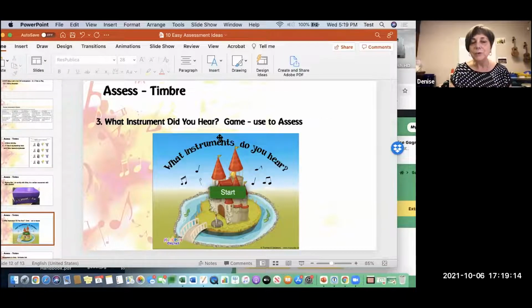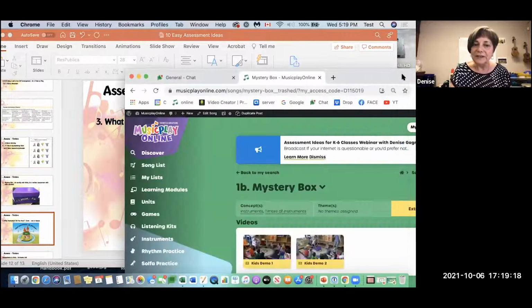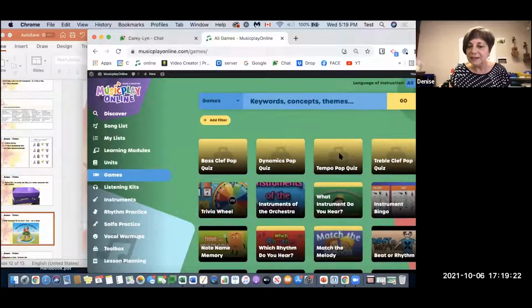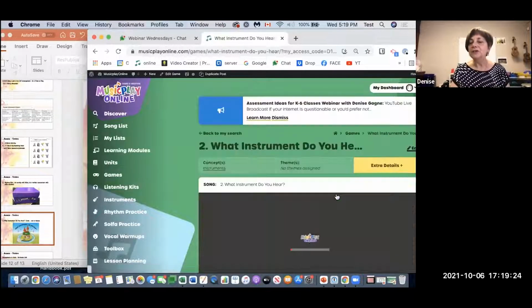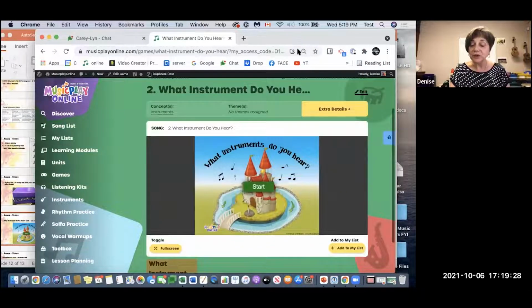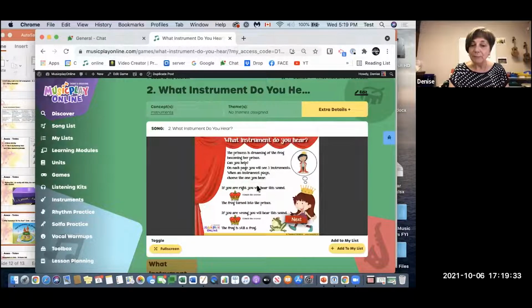On the website, we have games. What instrument did you hear? So you go into the games section. And what instrument is right there? There's 20 different examples. So potentially what you could do is instead of having the kids do the answers, you go through the game